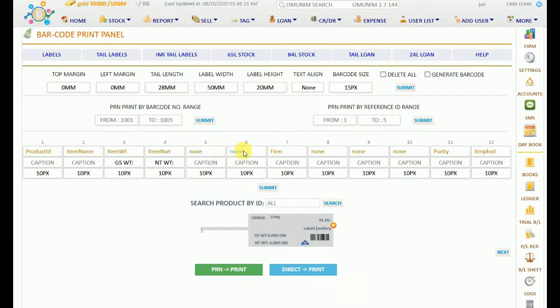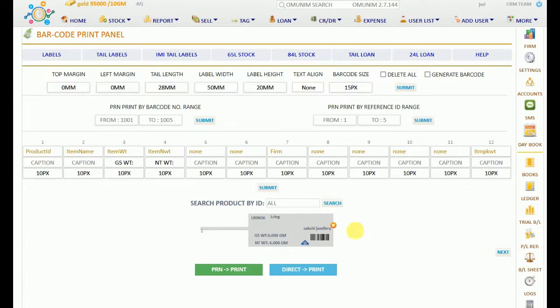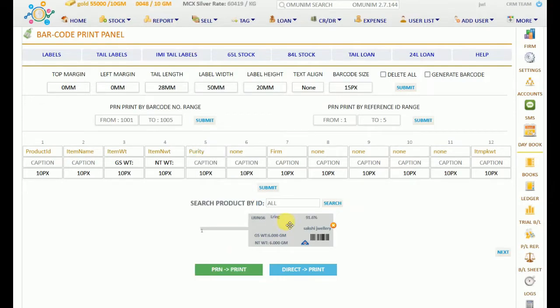For example, if I want to show any more details, like if purity I don't want to show here, I will click on the none and the purity will not appear here, and it will apply to all the barcodes which till now we have added. So if I want to show the purity also, you can add from here. For example, here is the purity option and it will appear here. You can also set it from here.